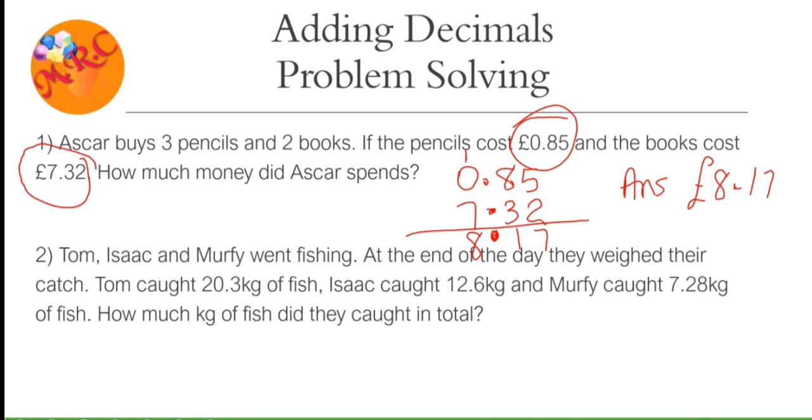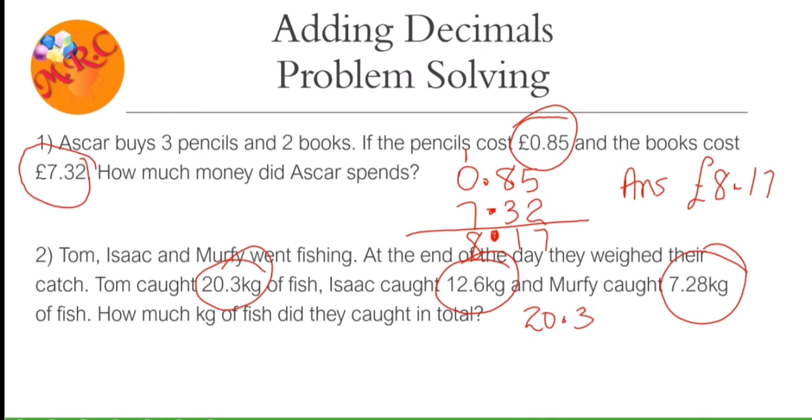At the end of the day, they weighed their catch. Tom caught 20.3 kg, Isaac caught 12.6 kg, Murphy caught 7.28 kg of fish. How much kg of fish did they catch in total? Alright, so we're going to add the amount of fish that Tom caught, what Isaac caught, and what Murphy caught. Let's add those together. So here it's going to be